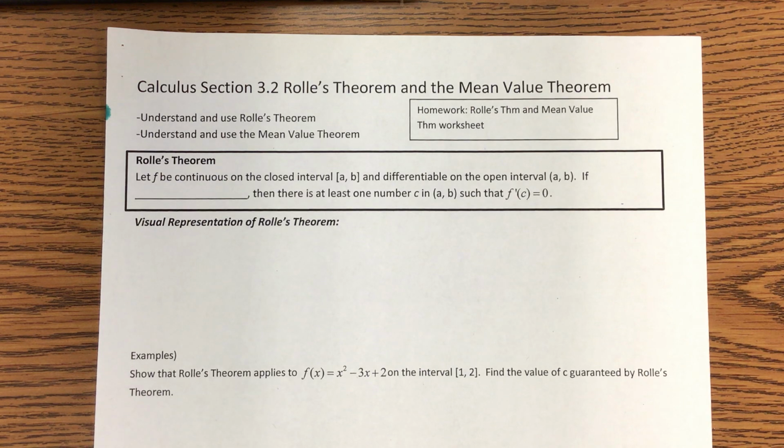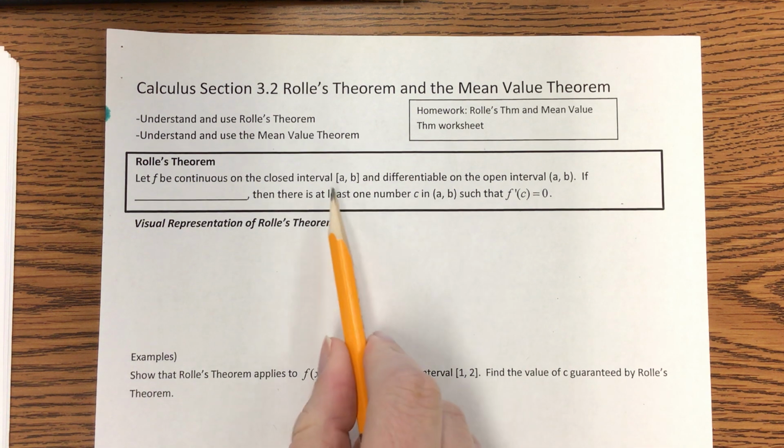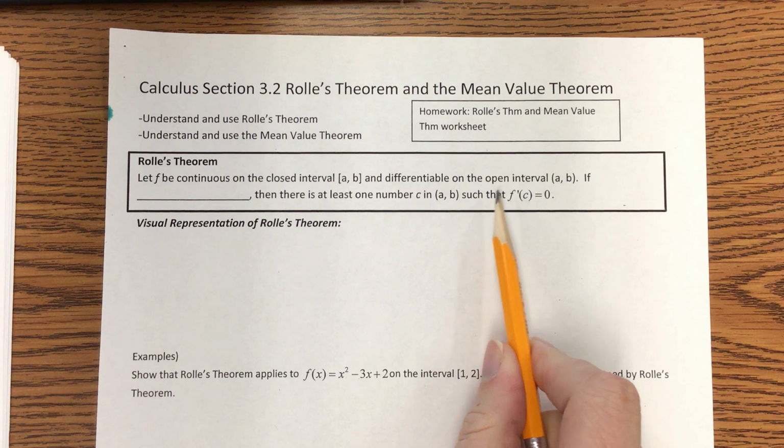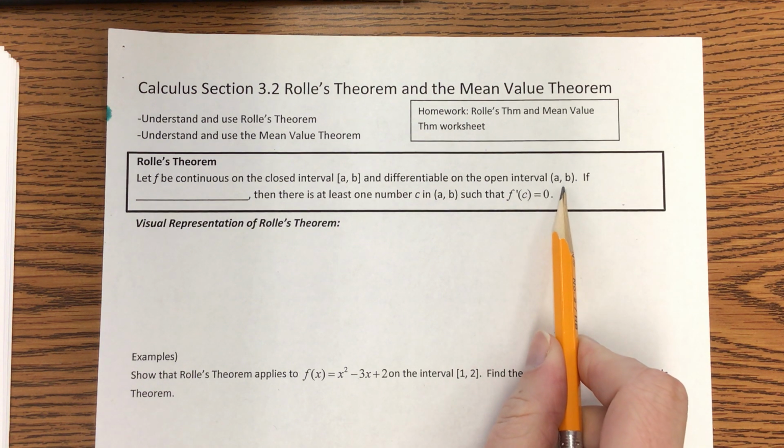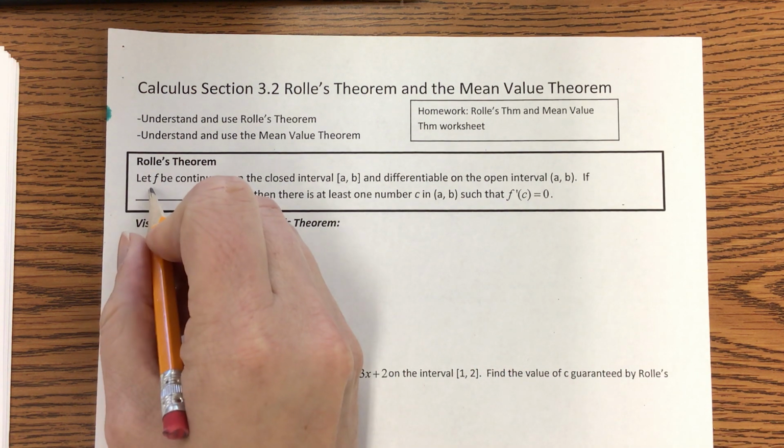We have two theorems that we're learning today, Rolle's theorem and the mean value theorem. We're going to start with Rolle's theorem. Rolle's theorem says, let f be continuous on the closed interval from a to b and differentiable on the open interval from a to b. If f of a equals f of b,